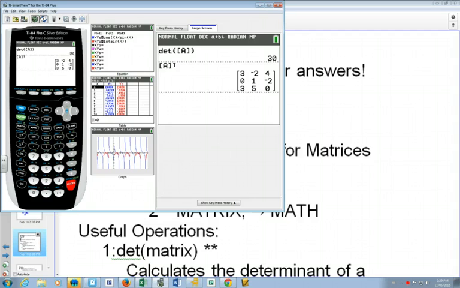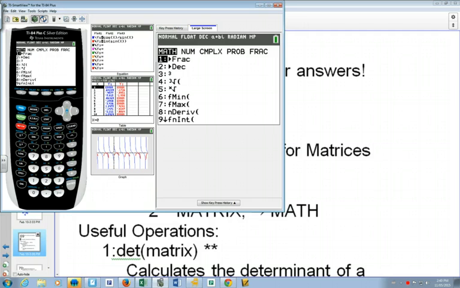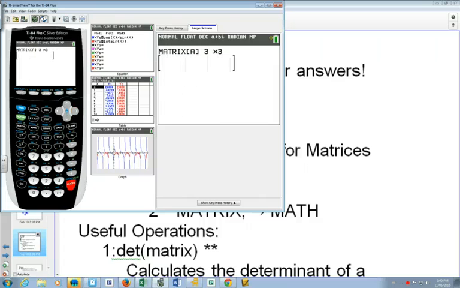And one of the things that we're going to figure out later, and we actually cannot do it with the matrix that we have right now, but let's go math, second matrix. I'm just going to edit our 3 by 3 one that we had and make it a 3 by 4. Just put some random numbers in there. 5, 7, 2. Okay. So now we've got